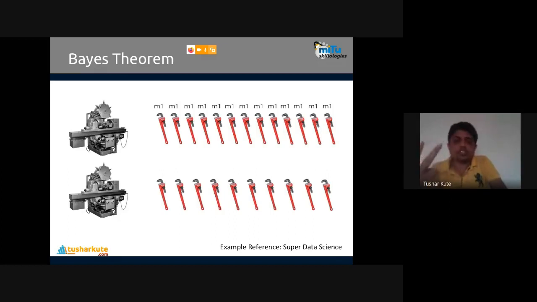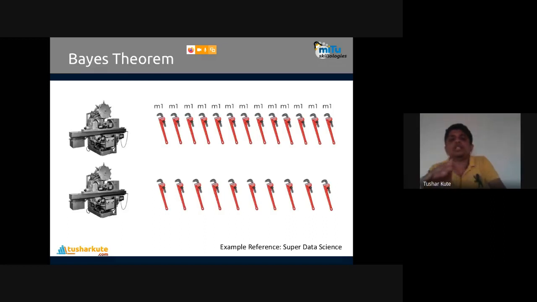Let's say I have two machines with me. Spanner manufacturing machines are there. See these two machines: Machine 1, M1, and Machine 2, that is M2. They are presented here. You count it. These are the numbers of spanners manufactured by the machines within the same amount of time. And if you compare that, machine 1 is faster than machine 2.